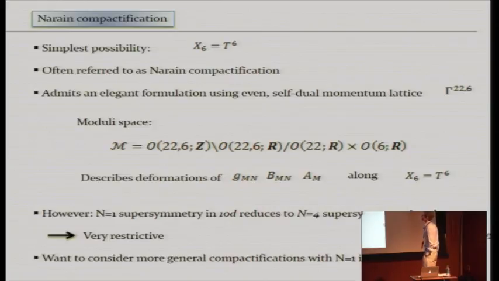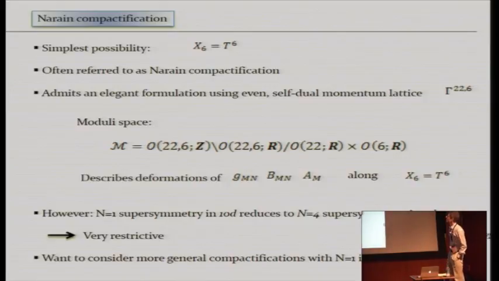So what are the possible manifolds that we can take for X6? Well, the simplest possibility is the simple generalization of the standard Kaluza-Klein ansatz. In the original Kaluza-Klein ansatz, we took a 5-dimensional space-time, 5-dimensional metric, and then we compactified it to 4 dimensions on a circle. So why don't we try something like that here? Now we have a compactification from 10 dimensions down to 4 dimensions, so we just take 6 circles. In other words, we take a T6.